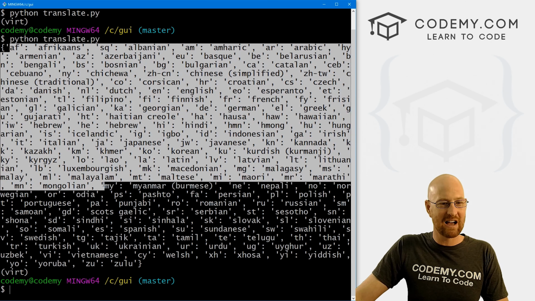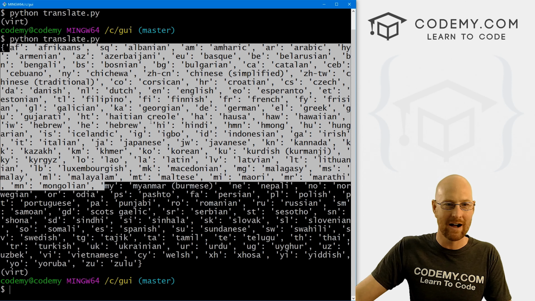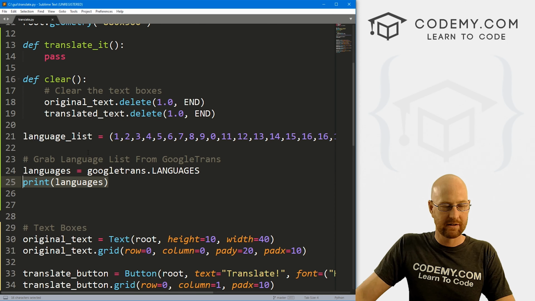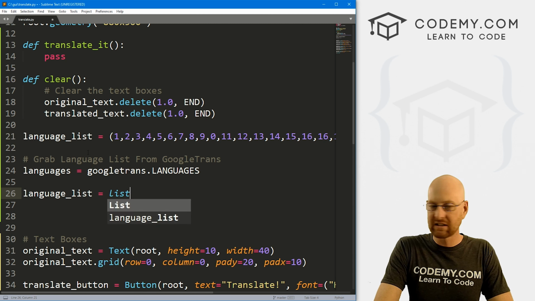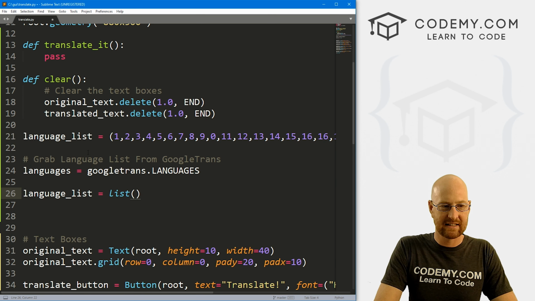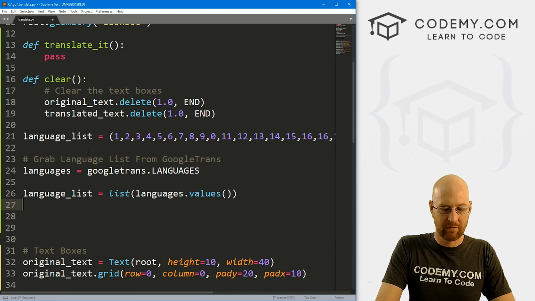So we've got all this stuff. How do we parse this apart and add it to our drop-down combo box? Well, we can do that. Get rid of this. Let's create that variable again called language list. We can just call the list function in Python and then pass in our languages dot values, right? And if we want to now print out the language list,